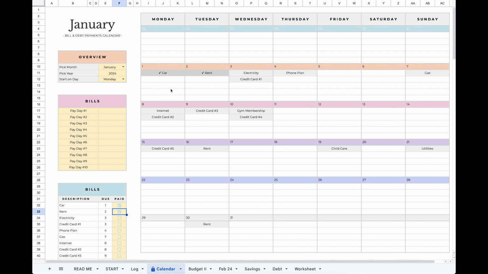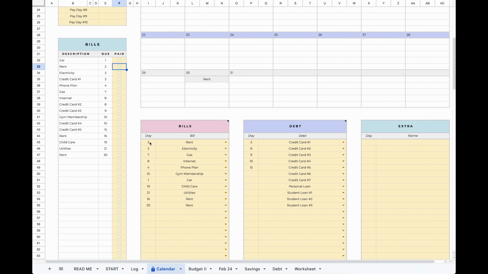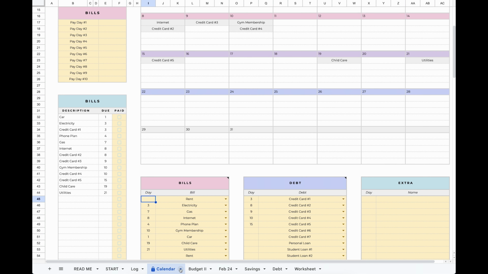Now also for this tab, what we recommend doing is creating a template one time. So if you have those bills that get paid monthly on a set monthly date, you can just fill those in. If you have bills that get paid bi-weekly, what you could do is enter them here, but leave the dates empty as these might change every month. And then basically what you do is just for each new month, you create a duplicate. Now we could name this calendar